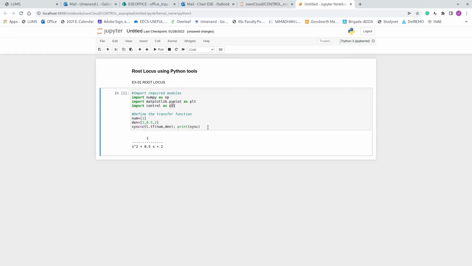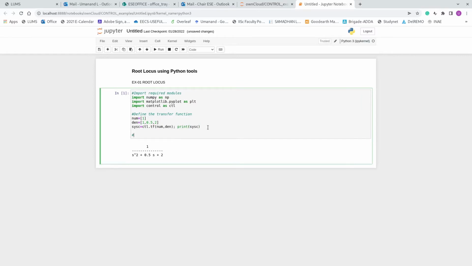So now let us include the script bit of the code for plotting the root locus. So let me do that. Comment line, obtain the root locus data first.